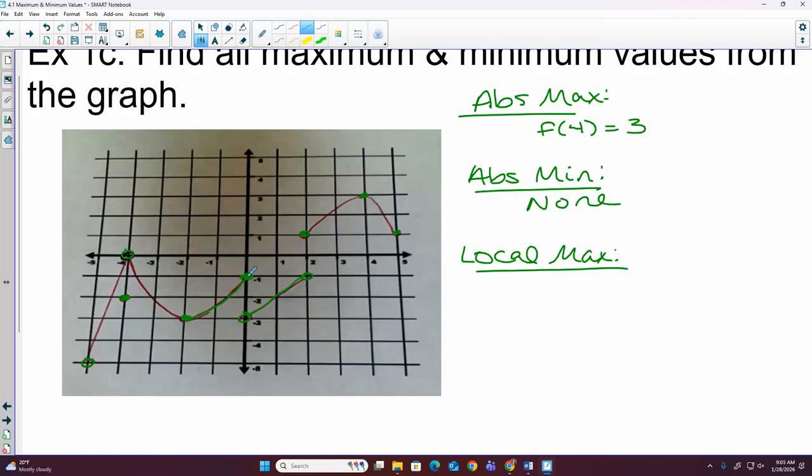Is this higher than both of them? It is. So it doesn't have to be continuous there. The graph just has to exist on the other side. So that is a local max. Keep looking. This one, it was higher than the points to the left, but on the right, those are higher, so that wouldn't work. My other local max is my absolute max. f of 4 equals